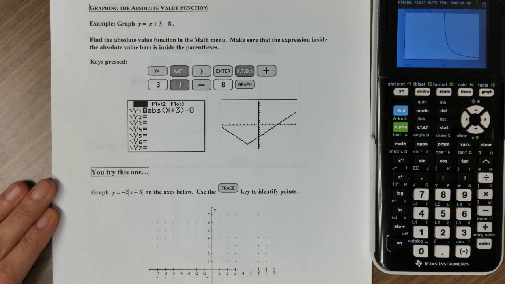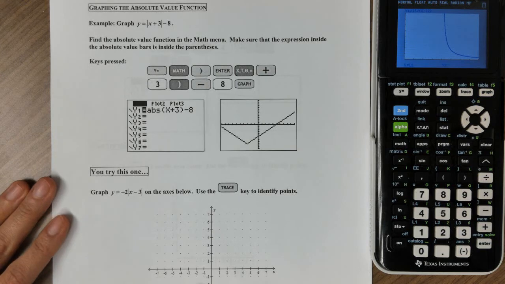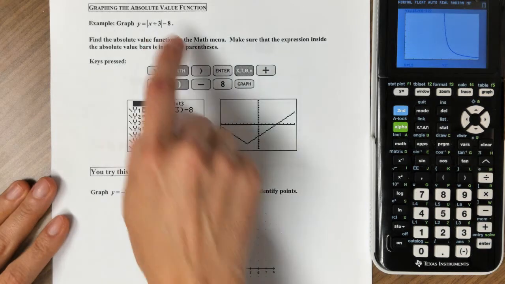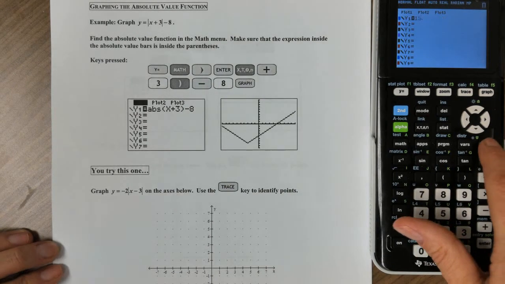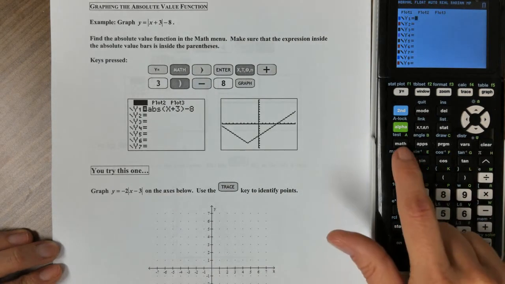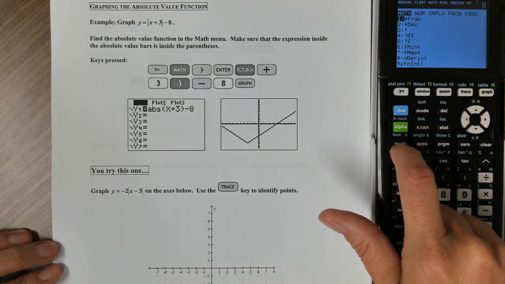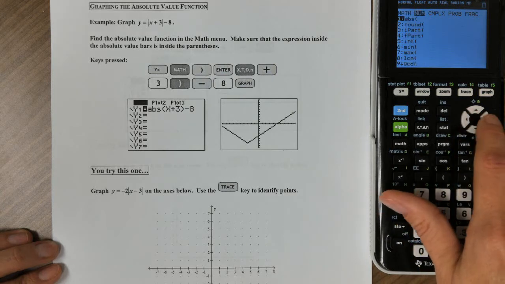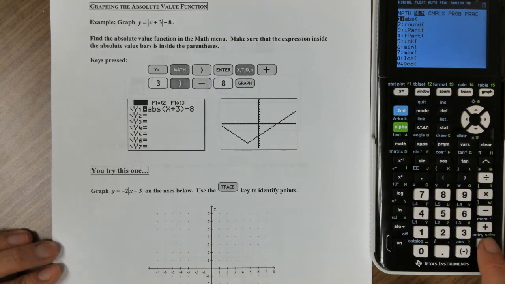Okay, graphing an absolute value function. So suppose we want to graph y equals absolute value of x plus 3 minus 8. I can go back into y equals. I'm going to clear this out. And remember I told you that that math button had a lot of weirdos in it. So if we go into math and scroll over to number, that's where our absolute value function lives. So if I go ahead and hit enter,